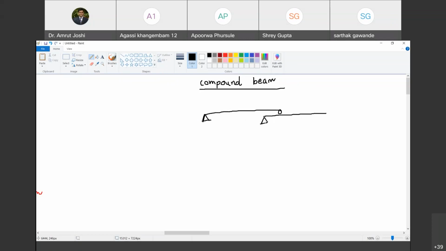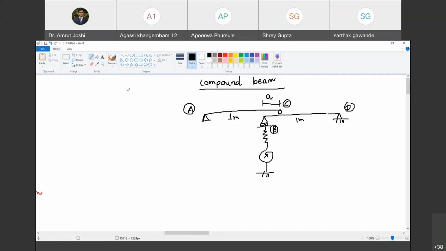And you have a roller support here and a weighing balance here. Are you with me? Yes, sir. This overlap is A. Overlap of two beams is A. Both the beams have a length of 1 meter. Are you with me? Yes, sir. 1 meter. And this is a hinge support. So we are now going to extend our theory to obtain this RB analytically, and we will measure this experimentally as well. Are you with me? Yes, sir. So let me call this point C. Let me call this point D.